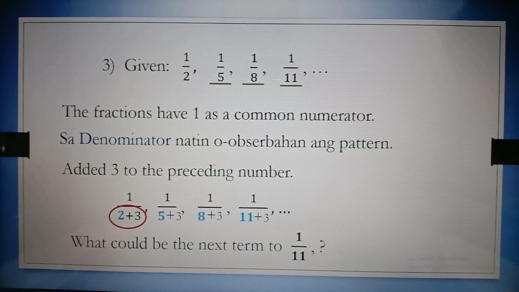What could be the next term to 1 over 11? So, kung kanina maobserbahan natin nag-a-add tayo ng 3. So, 11 plus 3 magiging 1 over 14. So, ang next term natin ay 1 over